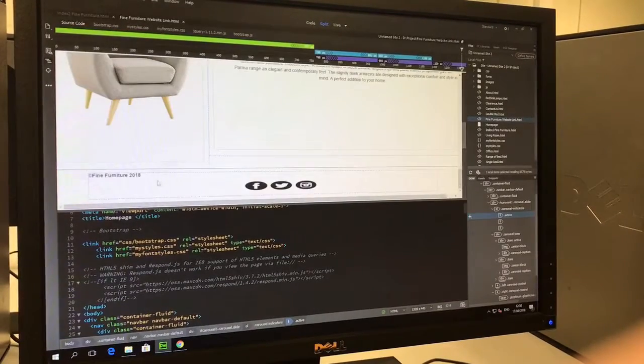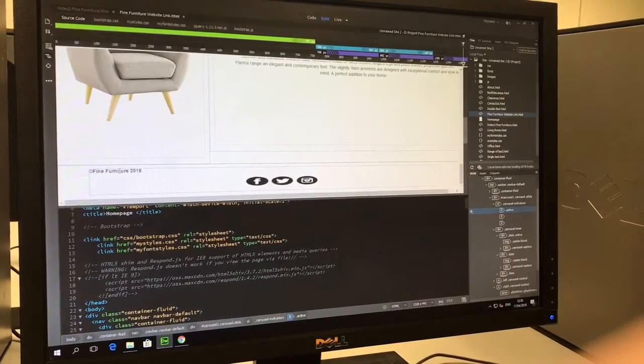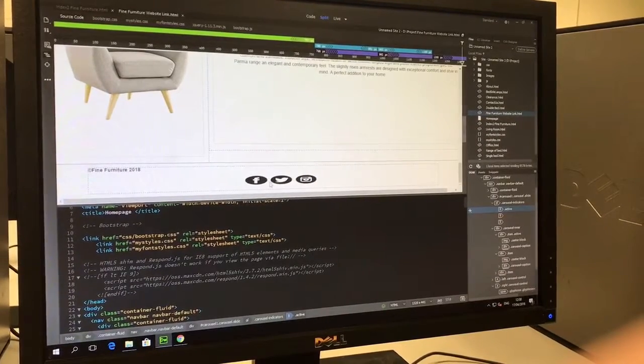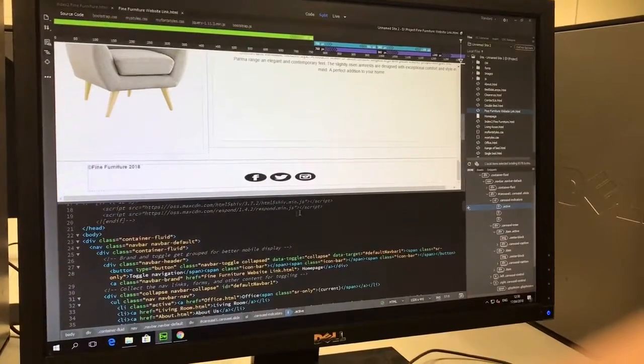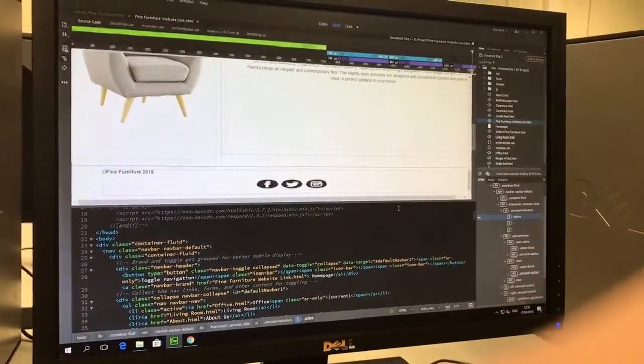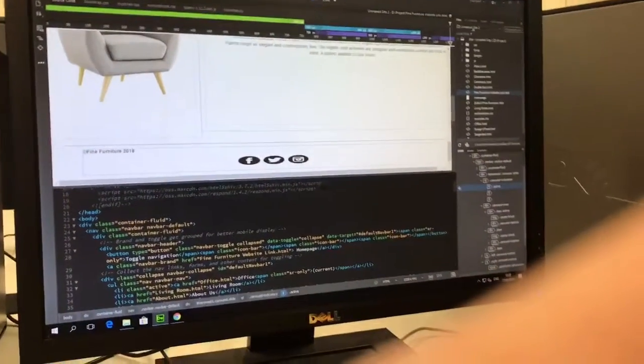Furthermore from that, we added a footer. We had a 2018 copyright for FineFurniture, as well as 3 images of the Facebook, Twitter and Instagram account. So moving on to the office page,